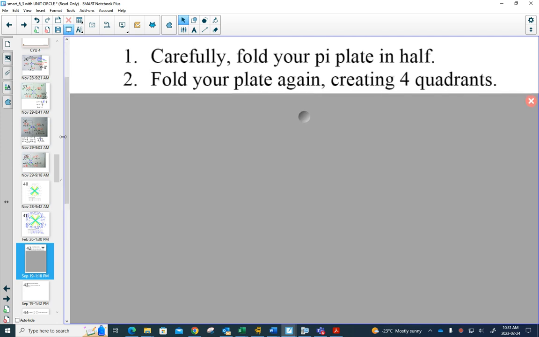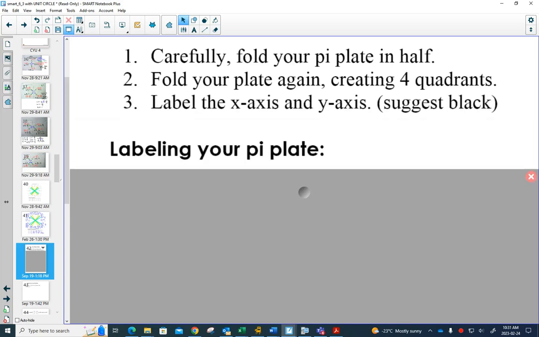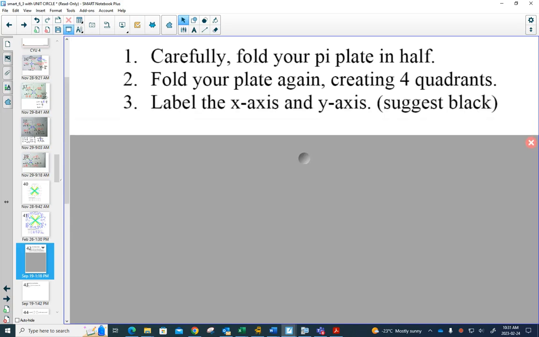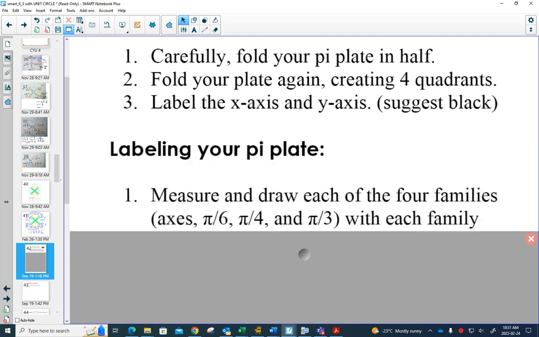Then what you're going to do on your own, these things that you folded, they become your axes family. So I suggest maybe you make your axes family black. You can decide whatever colors you want. There's some creativity involved in this project. So you want to maybe do some planning. You're going to label your x-axis and y-axis, and then